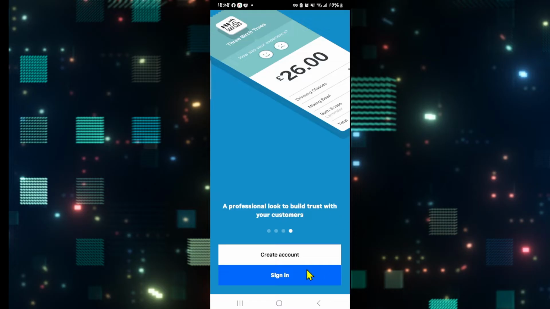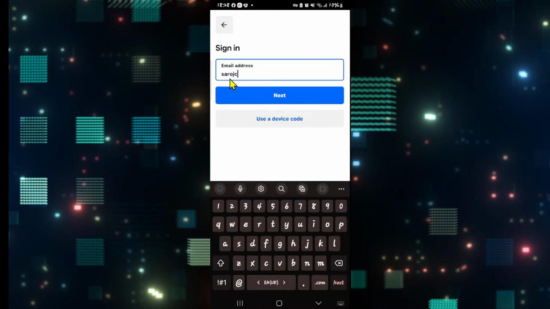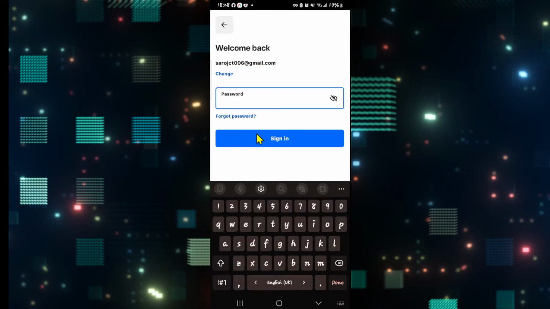If you have forgotten your password, click on the sign in button and you will be asked to enter your email address. Just type in your email address and then click on the next button. You can also use a device code by tapping on use a device code. After entering either your email address or your device code and clicking on the next button, you will find the